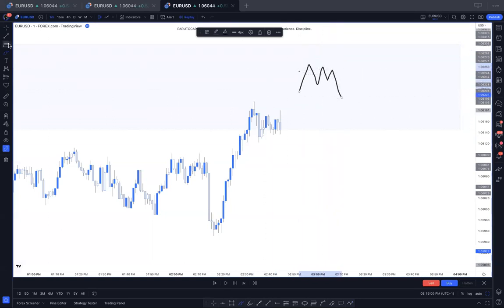Now, for me, when I see this, I'm just excited, right? Because this is my setup. Now, this setup might work or it might not work, but it really doesn't matter, because at the end of the day, I've backtested this. And I'm going to tell you more about what backtesting means. Backtesting simply means if you have a trading plan, you test it in the market, you want to be sure that it works. And after you've gathered data, you can now execute it without being afraid,